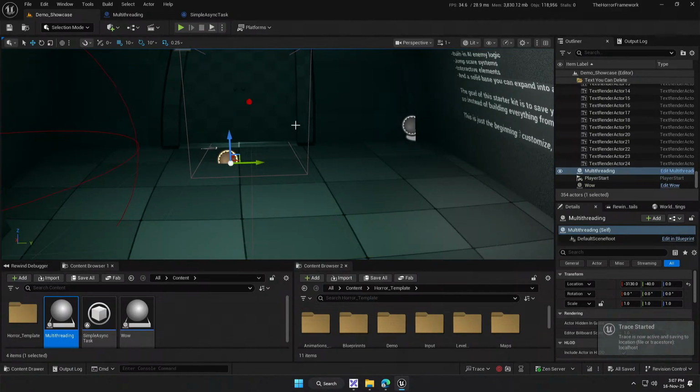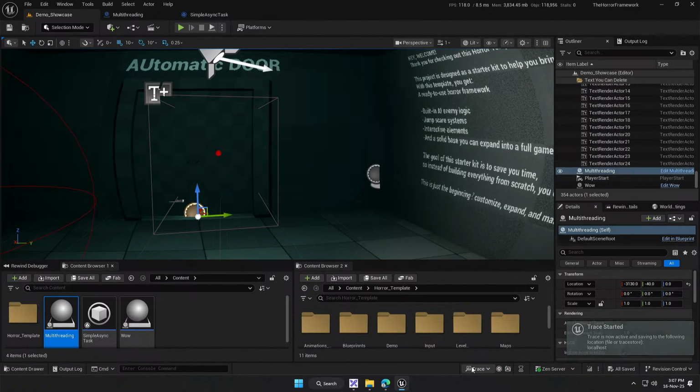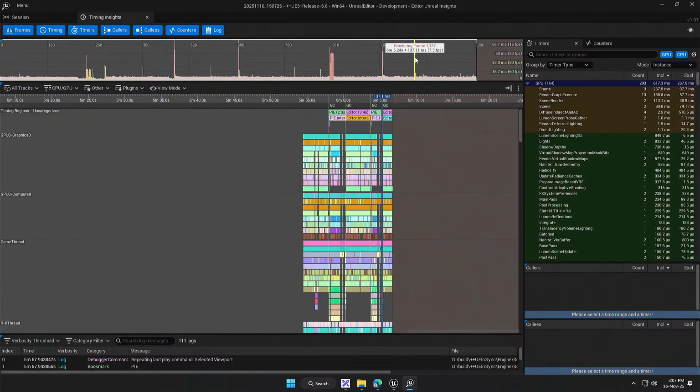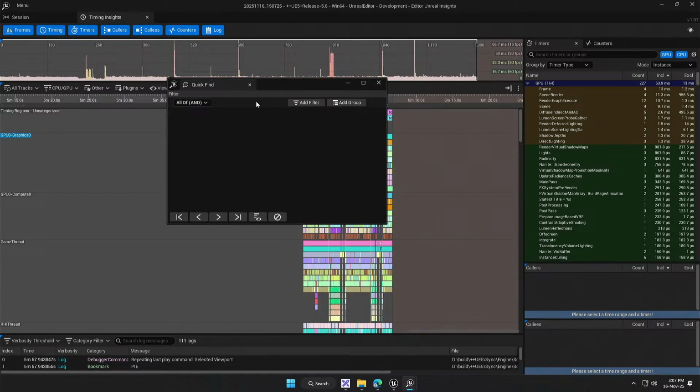So now I'm gonna press start to start tracing. I'm gonna press play, stop the game, stop the trace, and we go in here. Now if I tried manually to find where the task is, you could kind of try to eyeball it like, okay, here was probably when I stopped playing the editor, so it was a little bit before here, but you can imagine going frame by frame, it will be really annoying. So what you can do is Control F or just right click here, quick find, add filter, then timer by name